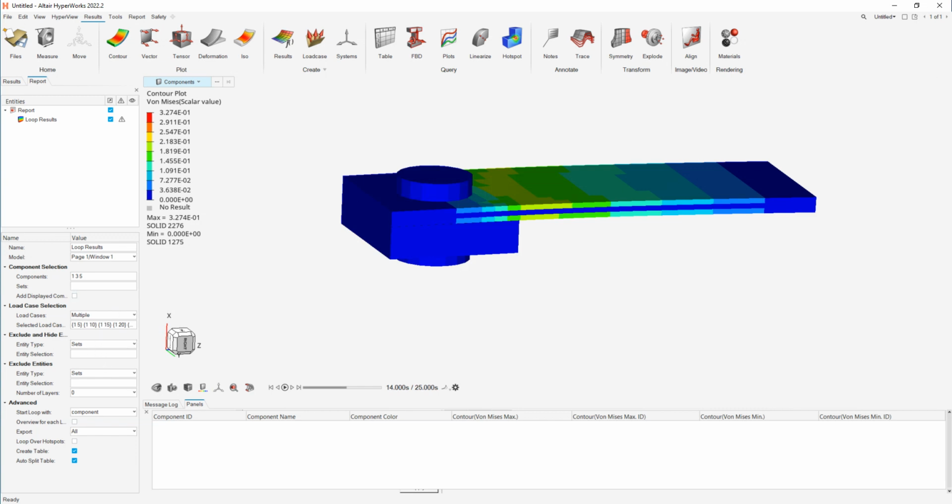Then I can exclude some entities if I want, and I can specify how I want my loops to be performed. So I can start loop with components or load case. The difference is if I'm starting the loop over the components, for the first time step, it will loop over all the selected components. Then for the second time step, it will loop over all the selected components, and so on. If I'm selecting load case here,